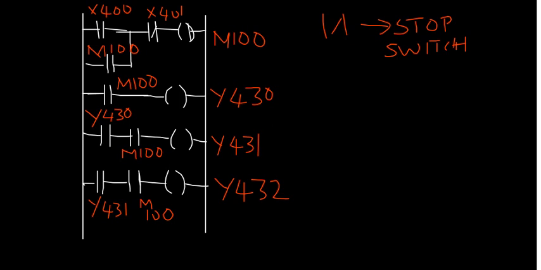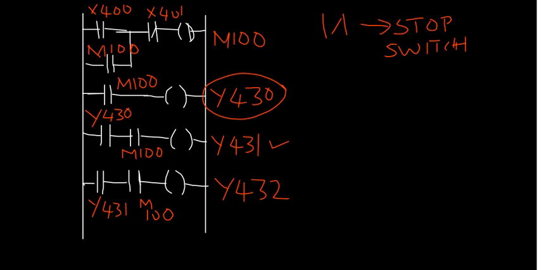This resembles a situation wherein you have got a series of machines. When the first machine begins, based on its output, the second machine starts, the third machine starts, the fourth machine starts, and so on and so forth, right? A sequential process or sequential operation.